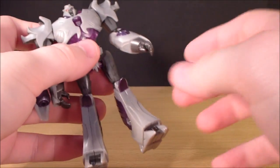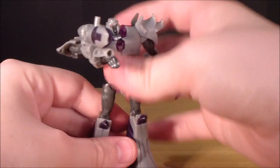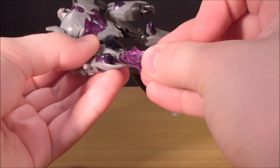And the feet do not move. So he has fairly decent articulation. I suppose you can get him into a variety of different poses. So that's pretty cool. You can go ahead, take the sword, and you can peg it into there if you